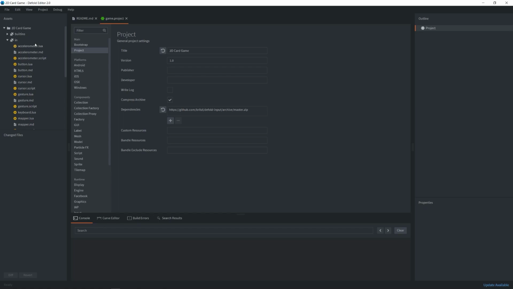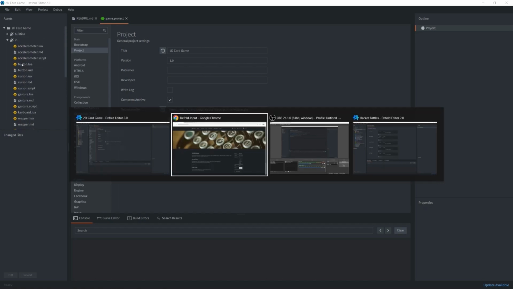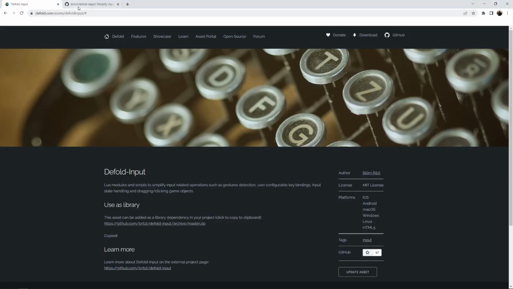Actually, Defold-Input is made by one of the developers on Defold, named Björn Ritzl, who I must thank profusely for working with me on the forums to figure out how to best modify this and use this library to make this little template, and also in helping to figure out what a drop zone could look like when we're dropping our cards. And I highly recommend, in fact, if you're going to be playing around with this, head over to the Defold-Input